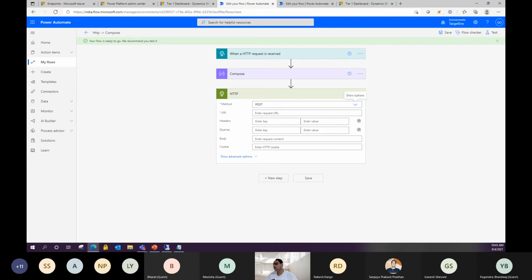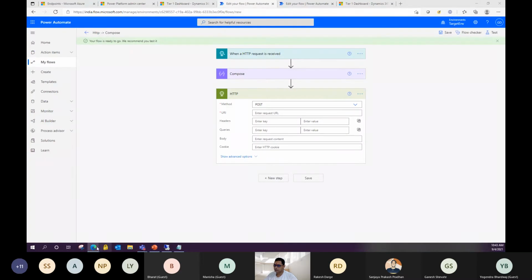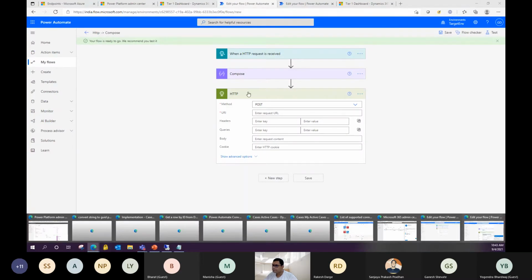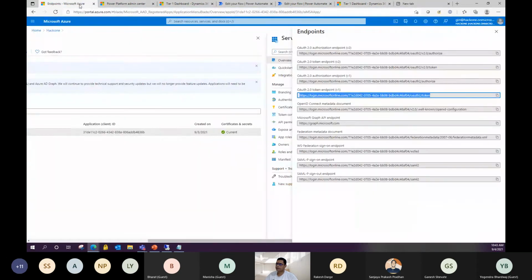Basically, by this call, we are going to hit the Azure tenant for authentication and authorization purposes. I've already shown you in the PPT that we are going to use this mechanism, this endpoint, and the client ID. I've already created an app user. Let me show you. portal.azure.com.